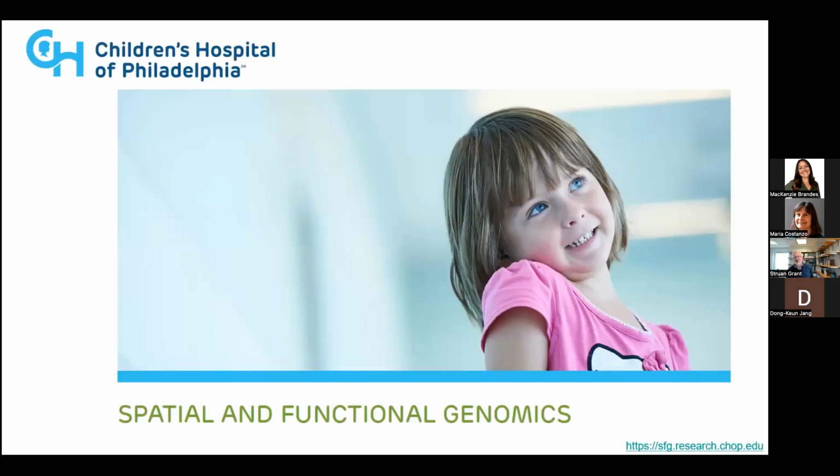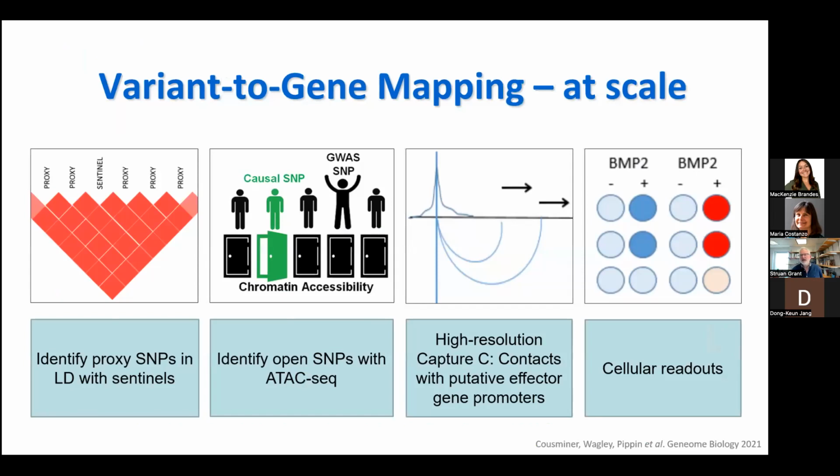So this spurred us on to go to the Children's Hospital of Philadelphia and say we wanted to start an operation centered around spatial and functional genomics. At that point, we were thinking of spatial from a 3D genomics point of view, genome folding, but spatial is now really more the domain of single cell. So I don't want to confuse things here. This is not so much single cell as it is to do with 3D structure. Our variant to gene mapping at scale is very much influenced by that FTO study.